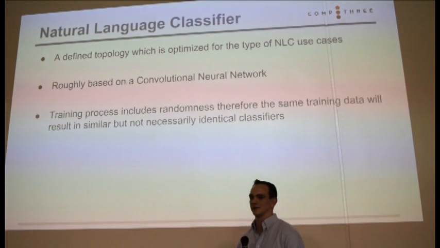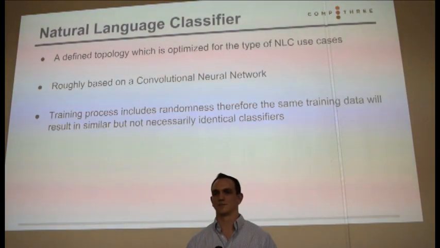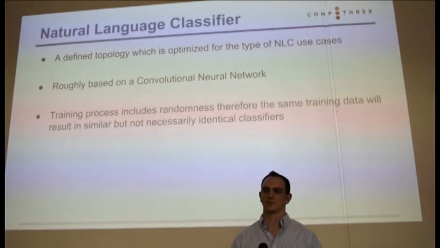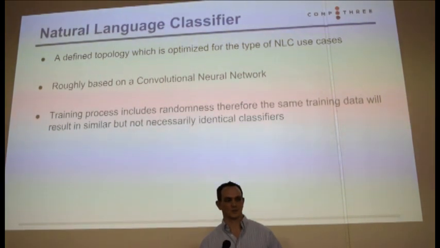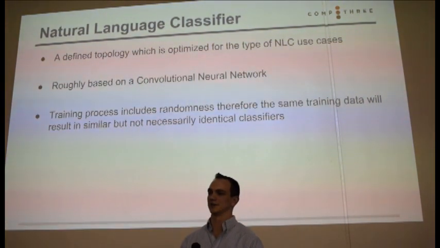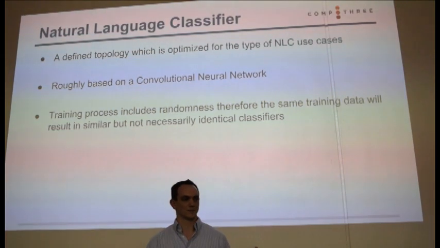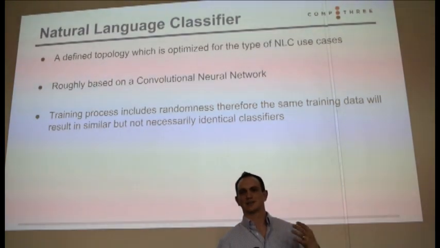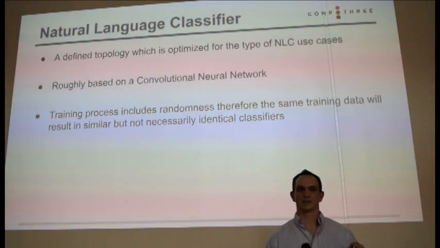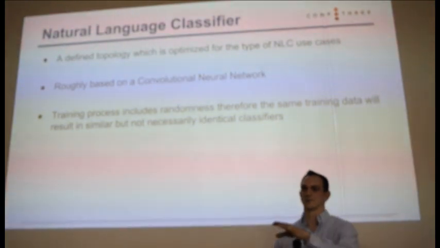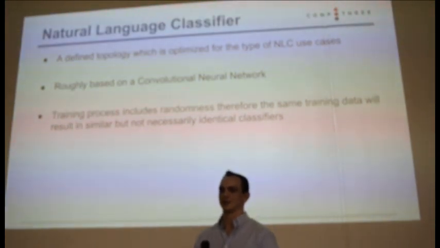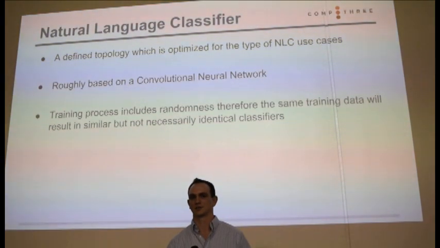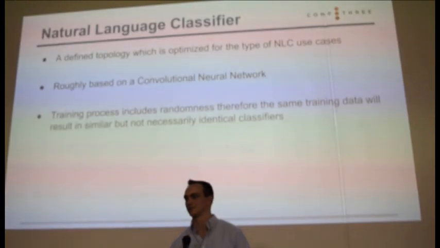So a little more specifics about the service itself. The topology that it's using is a convolutional neural net that's fixed and defined by IBM in their backend service. There are some extra components there that they've implemented, so it's not just a convolutional neural net, but that's what it is at the crux. And so this is already predefined, and as you give it the training data, you're going to find, let's say you gave the classifier the same set of data 3 or 4 times, you'll find that the results basically won't be identical, but they'll be very similar. That's due to the statistical nature of the training process as you're training that convolutional neural net.